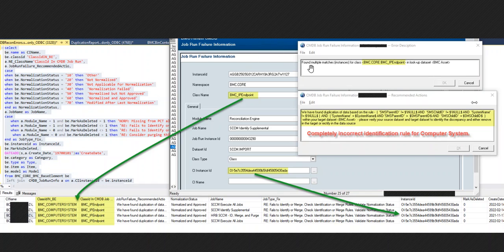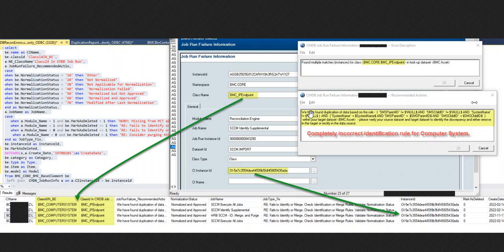The error message says we found multiple matches for class BMC core, BMC IP endpoint, and lookup dataset BMC asset. So the job run failure information, this particular recommended action field, says we have found duplication of data based on the rule,